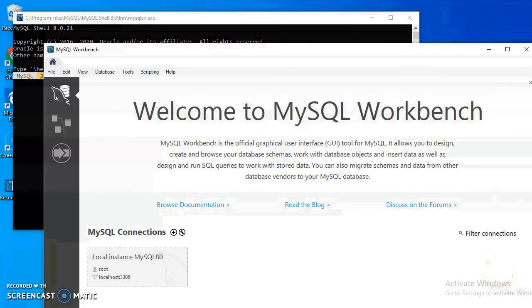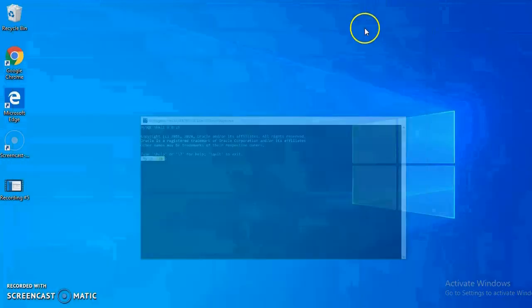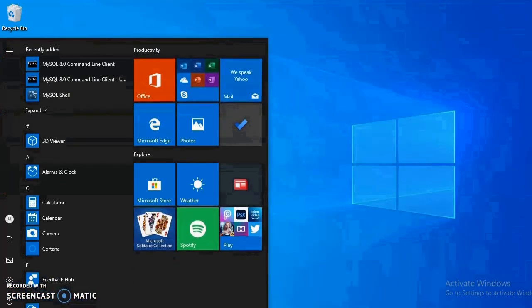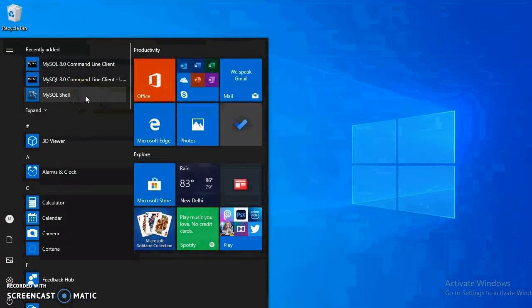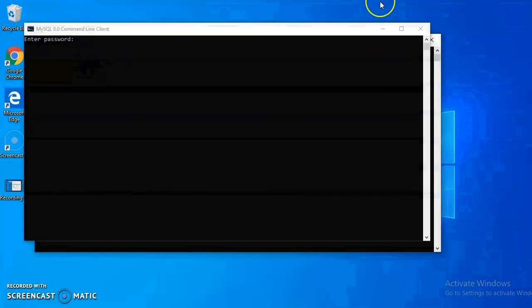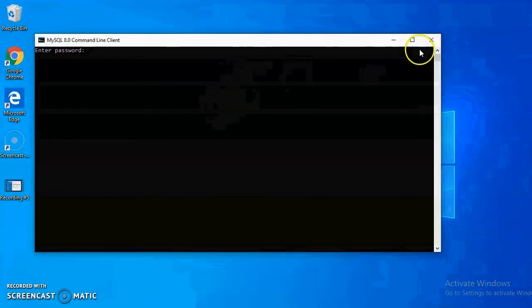If you want to view more products, you can go to the menu. You can select MySQL Command Line Client. Here you can provide the password and execute the queries.